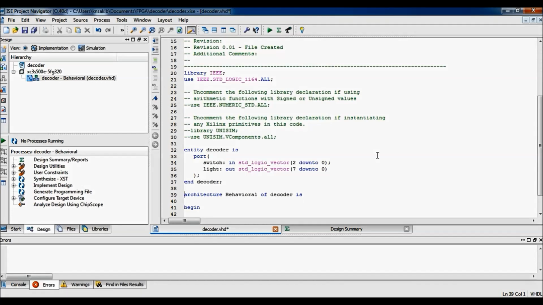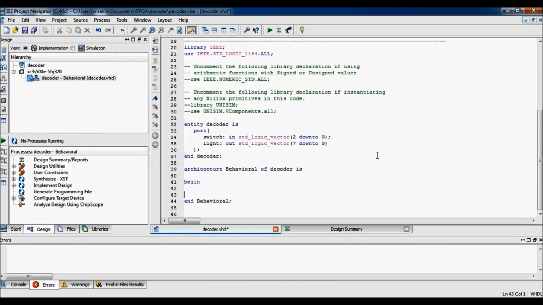Then in the architecture body, after begin, I type process, and then I take switch as my parameter because the process runs when the switch is pressed, any switch is pressed. So that's why here I type the case select function. So when switch is